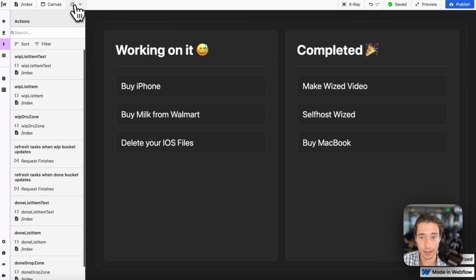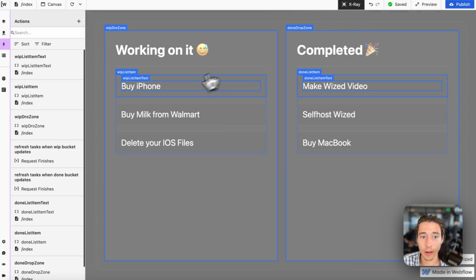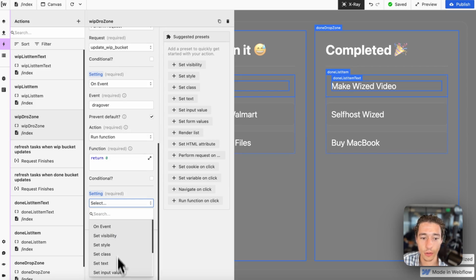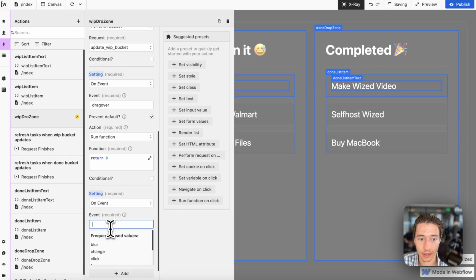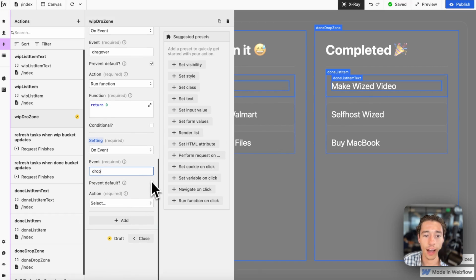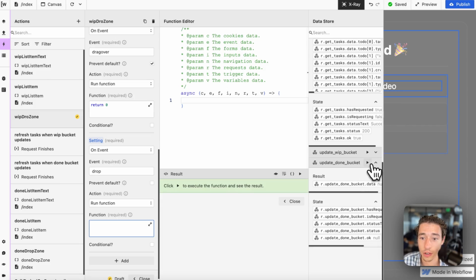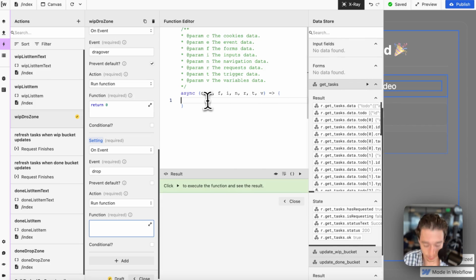As you can see, let's reload. Perfect. So I want to do progressive updating. So on drop event, on the work in progress bucket, for example, I want to run a function to basically manipulate. So let's do another on drop event under here. So when I drop this in here, I want to run a function to manipulate my existing request data immediately. Let's do this. So I have my request data in here. I'm going to write return,